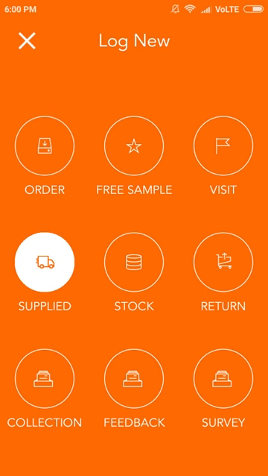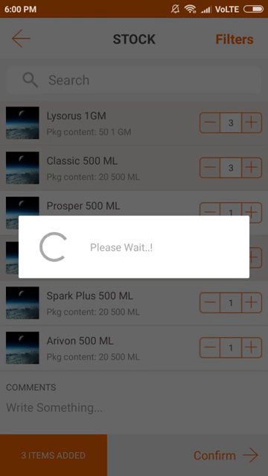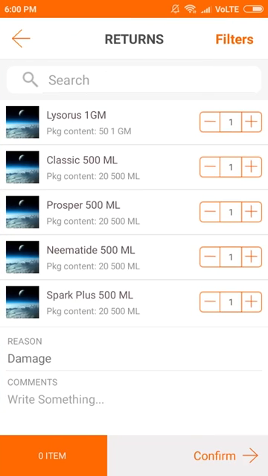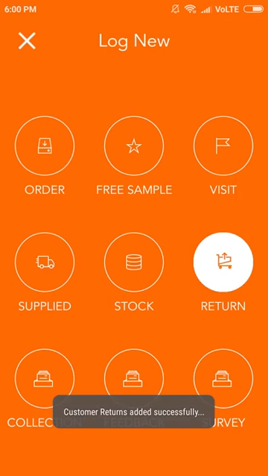Next is stock take activity. Stock can be updated by the salesperson for the respective customer or supplier. Update the stock by selecting the product and quantity. Then click on confirm. Next is return activity. Products return can be updated by selecting the product and quantity. Then click on confirm.